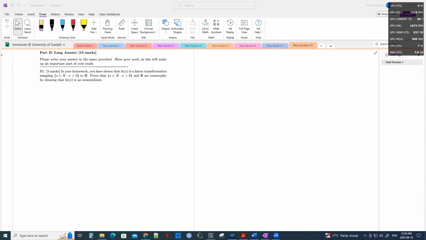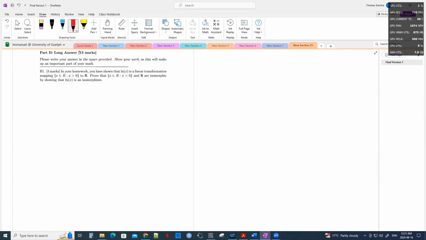So for question one, we have shown that ln of x is a linear transformation. Now we want to prove that it's an isomorphism. Now, if we look at these two vector spaces, the dimension of R equals 1, and the dimension of R plus also equals 1. Right? So this would show that it's isomorphic, but we're asked specifically to show they're isomorphic by showing ln of x is